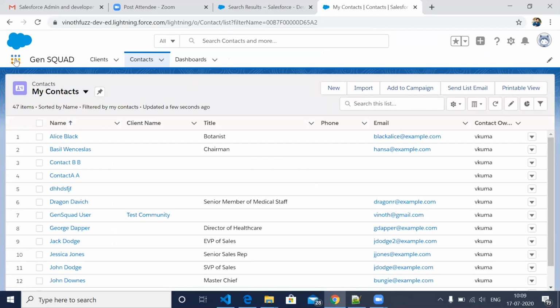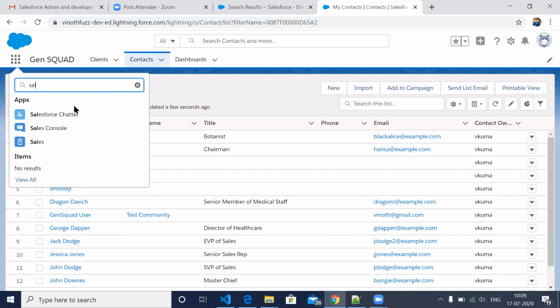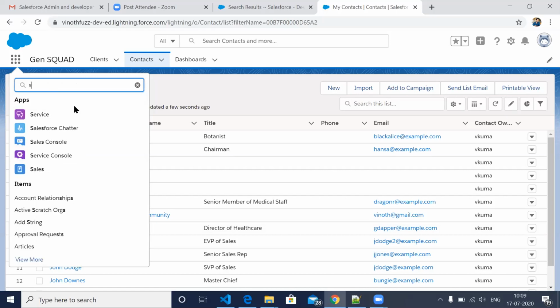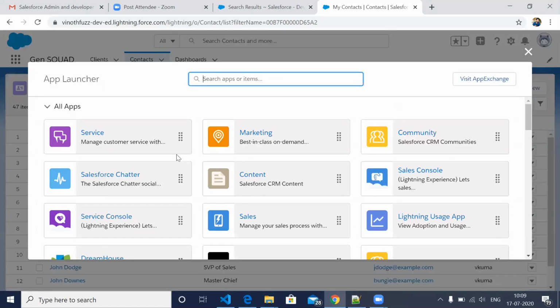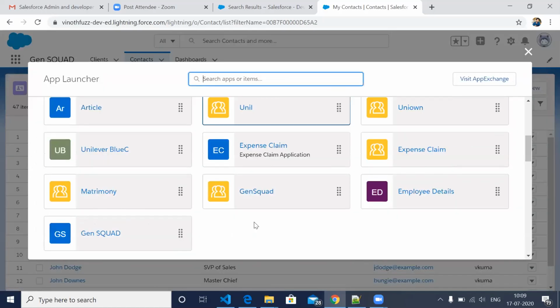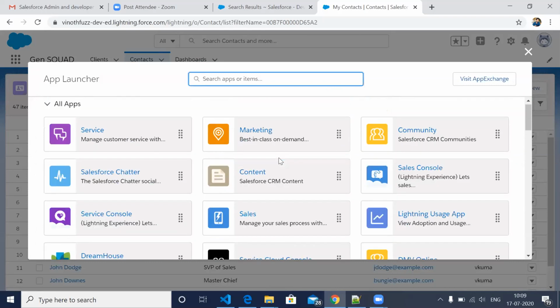If you click here, you will see different sales, service, all the applications here. You can search here; there you did not have a search option, but here you can search which application you want. Otherwise you can click on view all. So here you will be able to see all these applications in a different way. It's the Lightning experience.